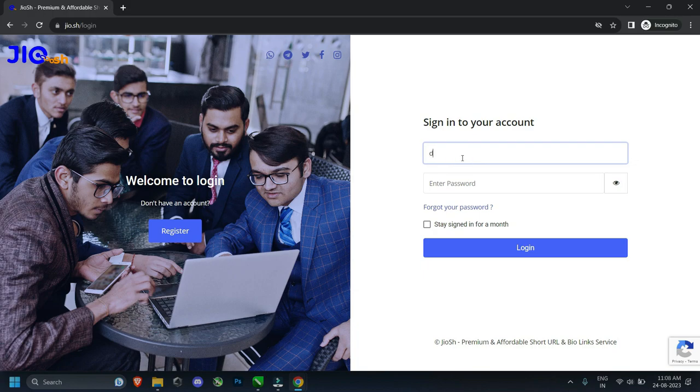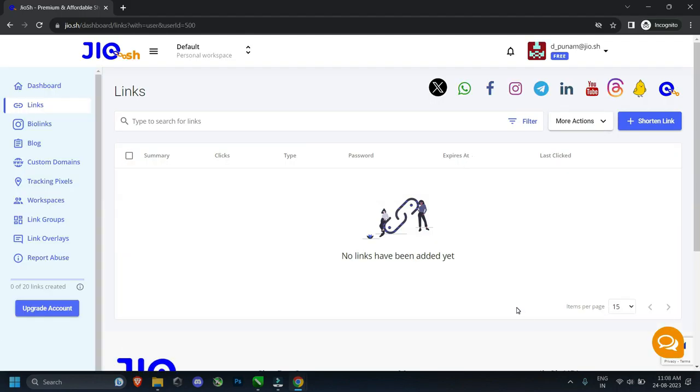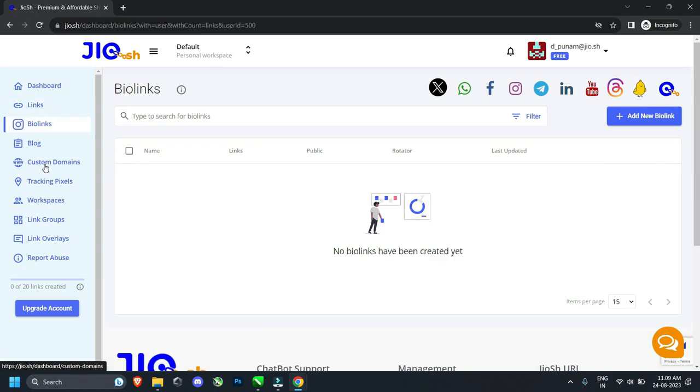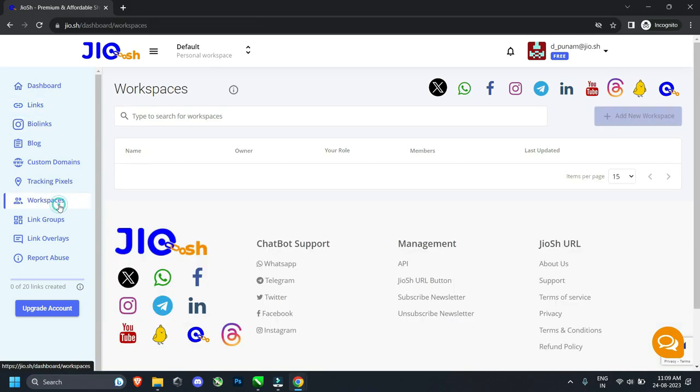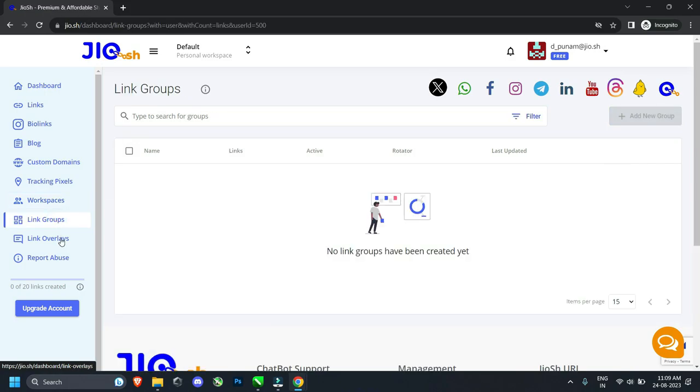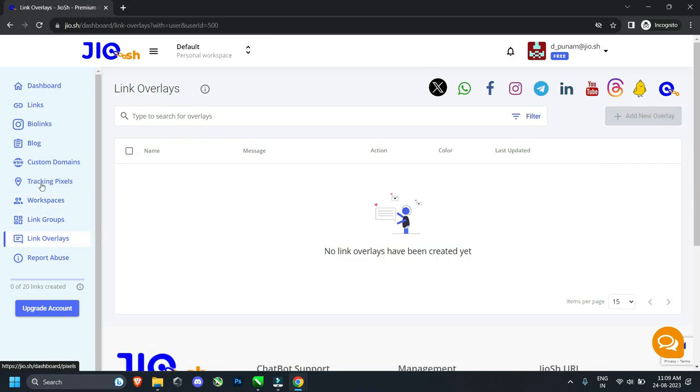After you log in successfully, you'll see a visually appealing and user-friendly interface. To your left, you will find a list of various services that JioSh URL offers. These include dashboard, links, biolinks, blog, custom domains, tracking pixels, workspaces, link groups, link overlays, and report abuse. In the upcoming videos, we will take a closer look at each of these services, uncovering their functionalities and how